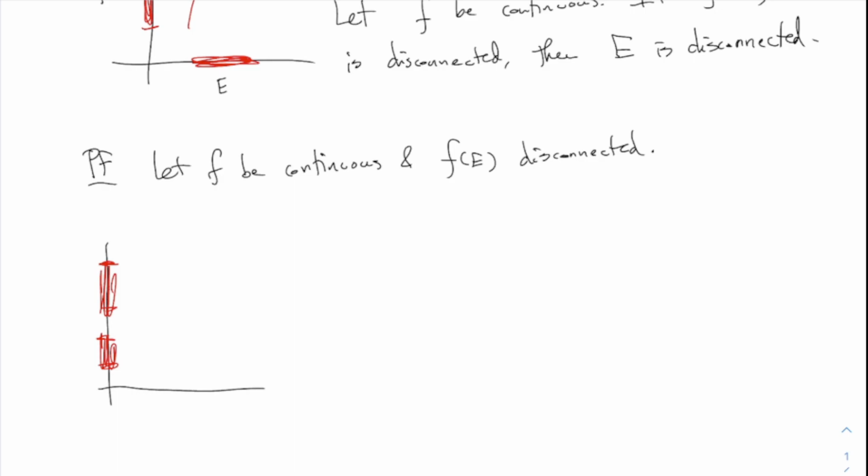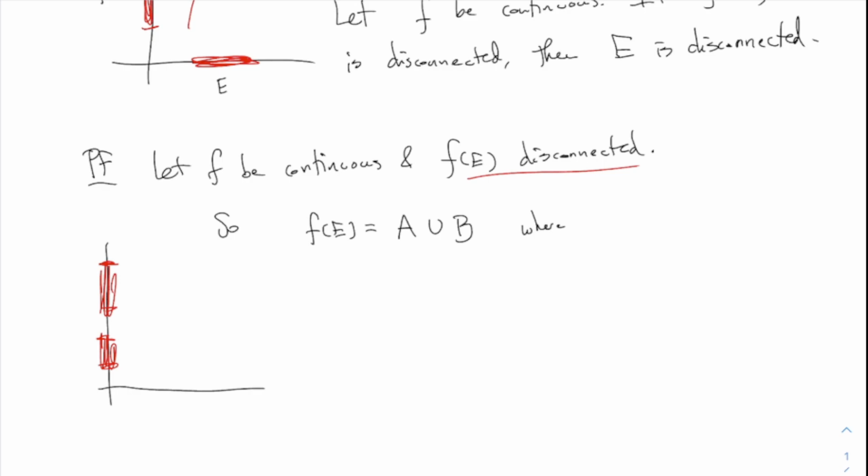Anyone remember, what does this disconnectedness mean? Yeah, that it contains a separation. Yeah, that's right. And what does that mean? That's really what I wanted to get at. There are two sets where something. It would be like the union of the first part, so like f of E1. I'm going to call them A and B. So the union of A and B equals f of E. I'm saying it's disconnected, so that means that it is a union of two separate parts where those parts have certain properties. The intersection is